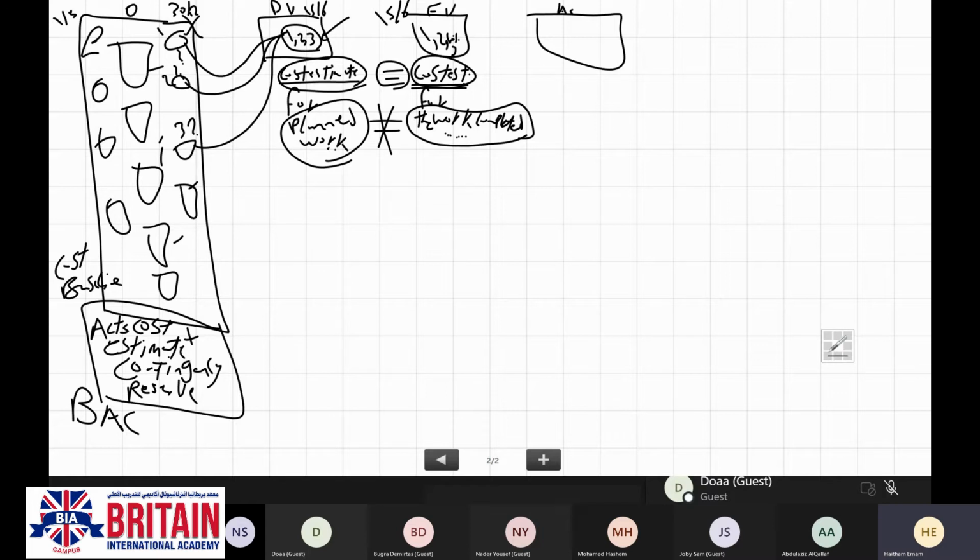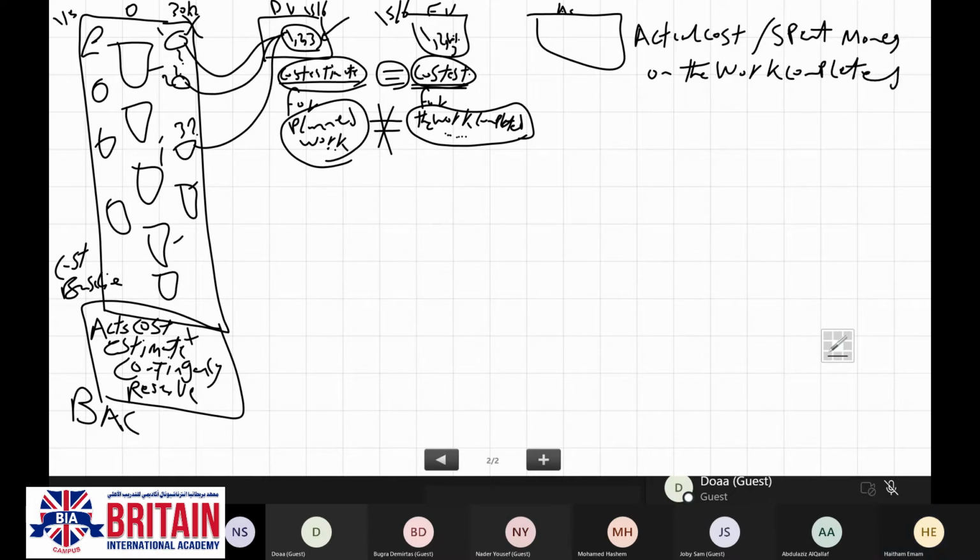Actual cost is representing the actual amount of money, or the spent money, on the work completed. I have actually finished 1, 2, and 3. Here, in the earned value, I'm taking into consideration the cost estimate.